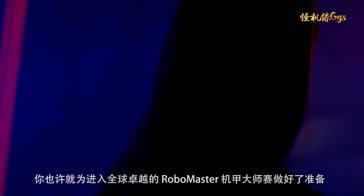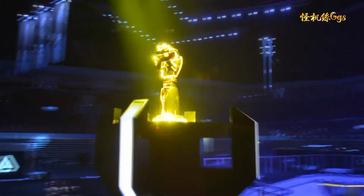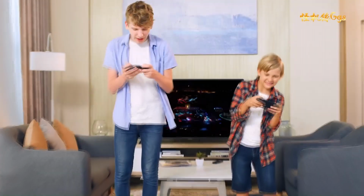toughest international robotics competition. There's 5 minutes left, and the red team is going to have to make something happen quick. It is over. Ladies and gentlemen, here are your RoboMaster